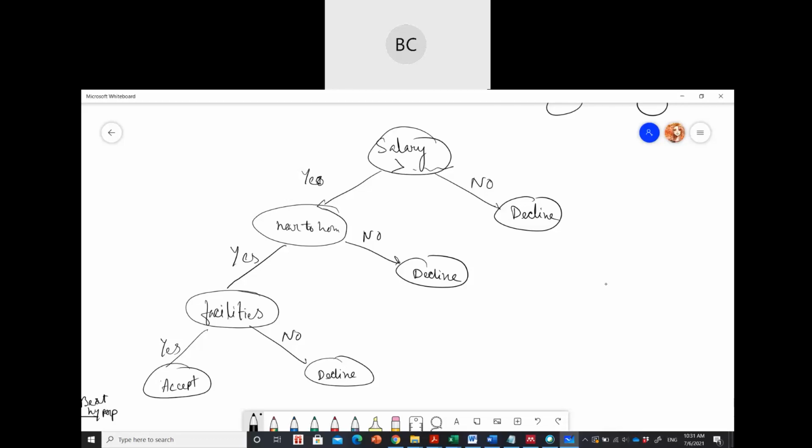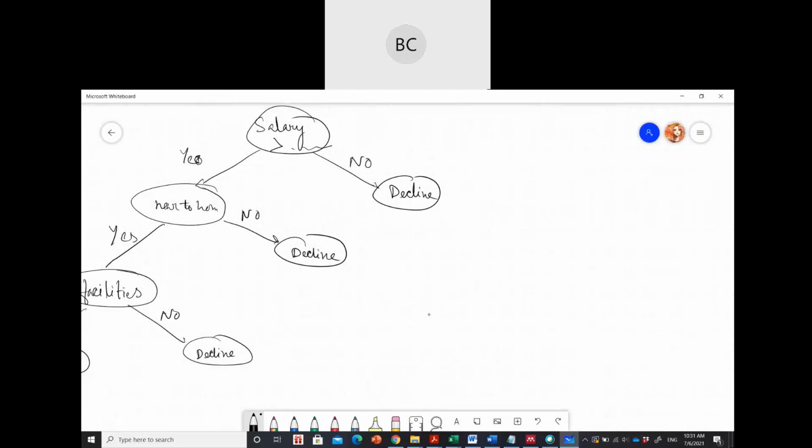So while implementing your decision tree, the main issue arises that how to select the best attribute for the root node and for the subnodes. Okay, so there are certain techniques available to easily select the best attribute for the nodes of the tree. Okay, so these techniques are called attribute selection measure, or ASM.